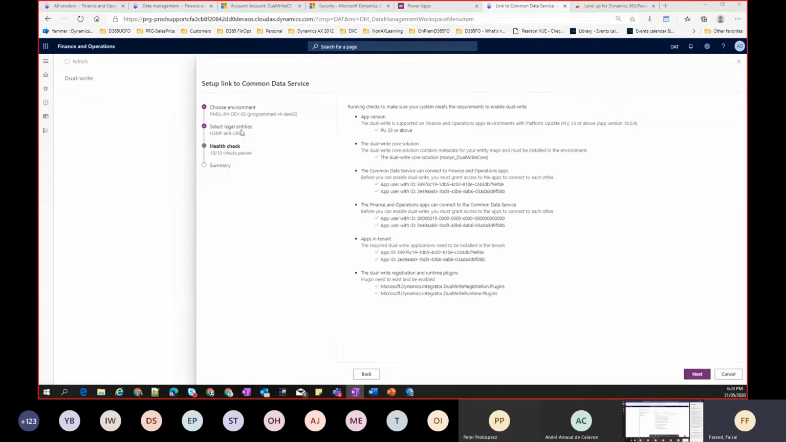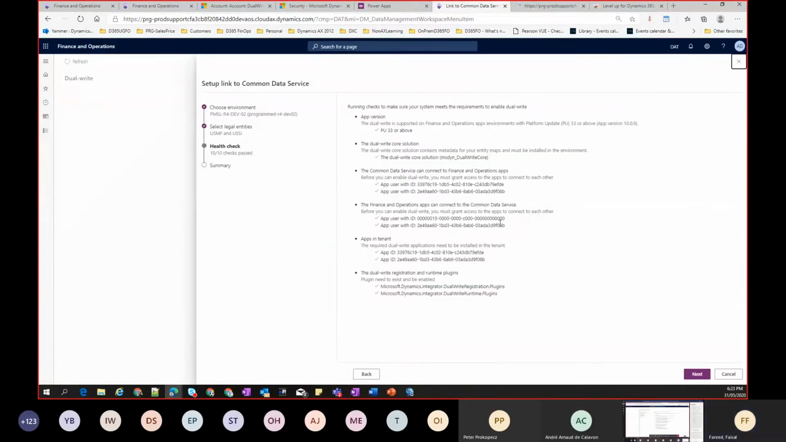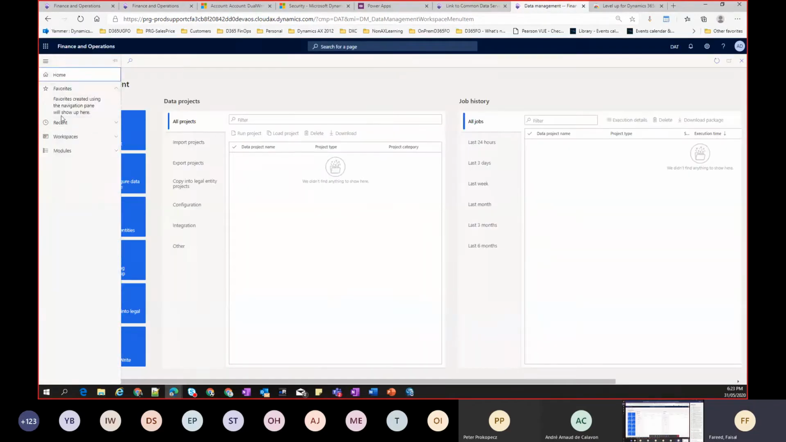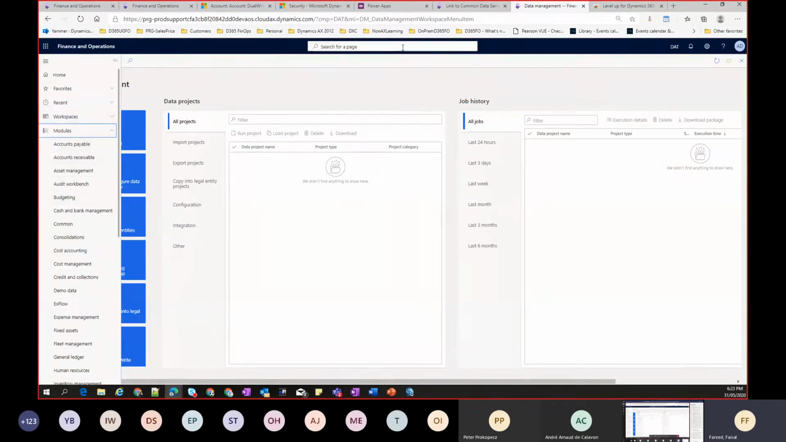After you choose the legal entities here, it runs through all the checks. So what does it mean here, and what checks did it perform? To find out more about this, I'll just duplicate the environment tab here. This is one of the prerequisites to set up the dual write. So what it does here, you have to have a data management